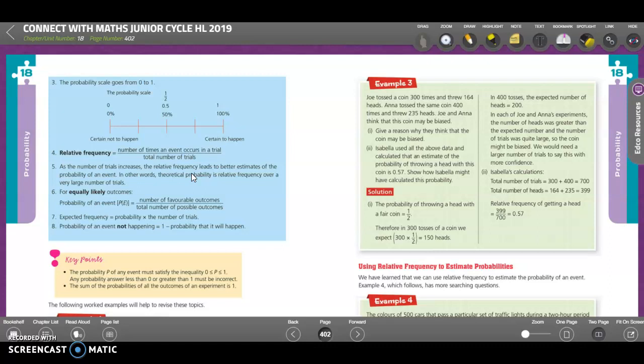Relative frequency is about stuff that has already happened, and we are counting the outcomes. So let's say I was to roll a die, what's the probability of it landing on a 4? It's 1/6, so it's 1 in 6. There's 6 possible outcomes, only one of them is 4. So it's a 1 in 6 chance that if I was to roll a die, it will come up as